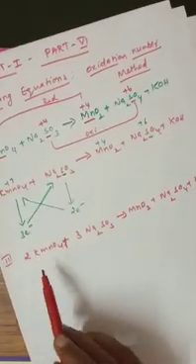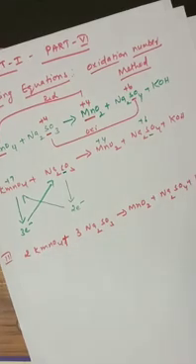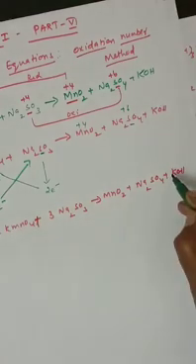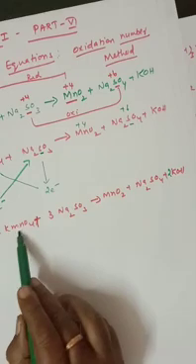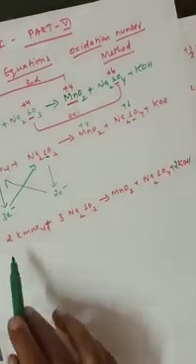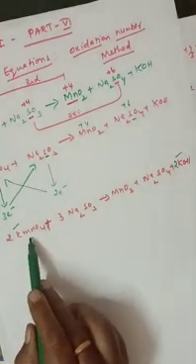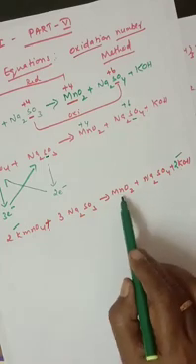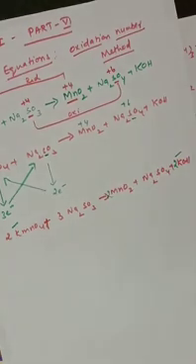So see here in the left side 2 potassium is present, right? And what about right side? Only 1 potassium is present, right? So we want to balance this. Shall I write 2 here? 2. And Mn, 2 Mn is present on the left side, and on the right side only 1 Mn. For that balancing, shall I write here 2? So manganese also balanced, right?